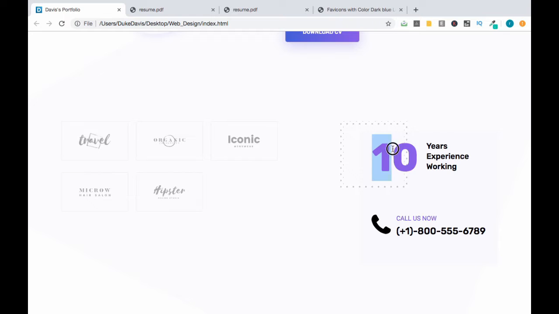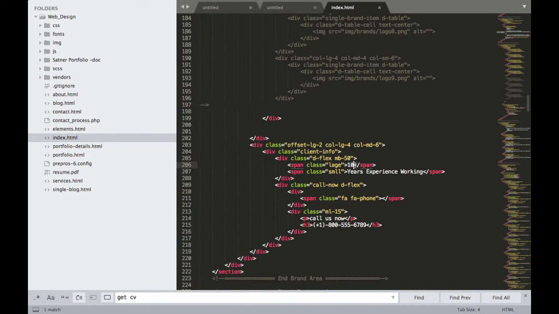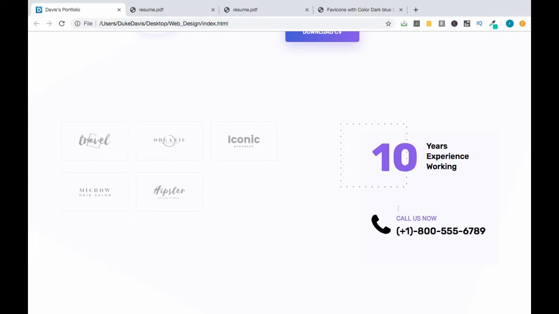Now I want to change this 10 to 2. So 10 is available here, so I'll be keeping it as 2, and call me now is +91 9585583397. So that work is also done. If you refresh,